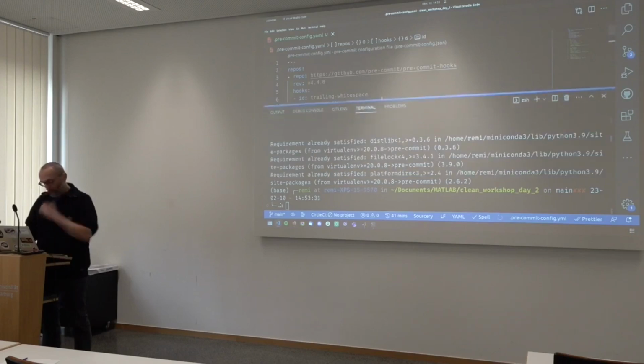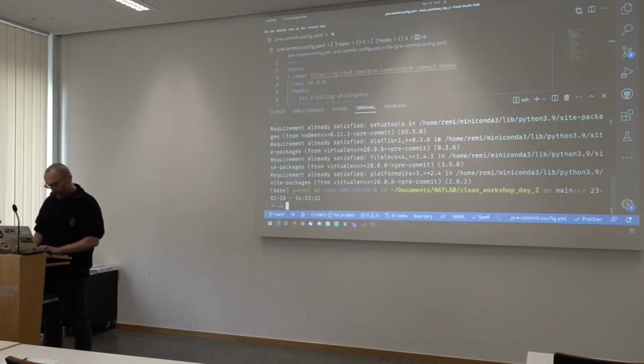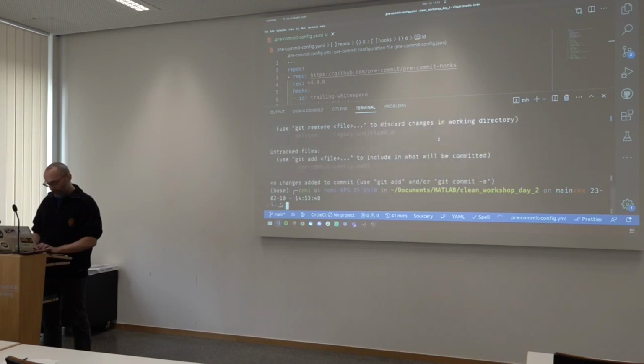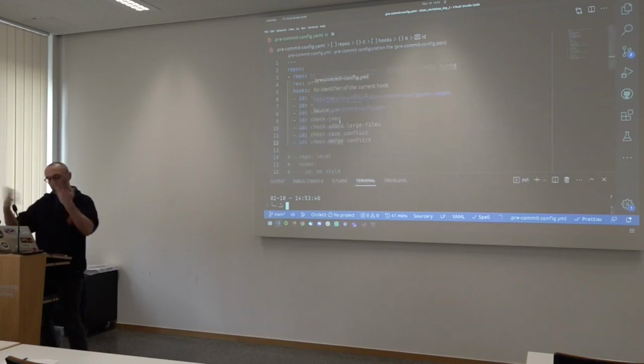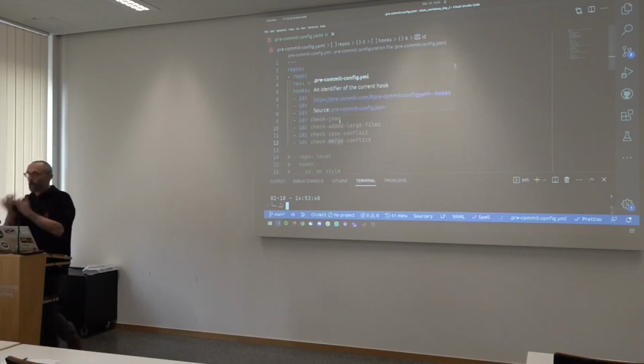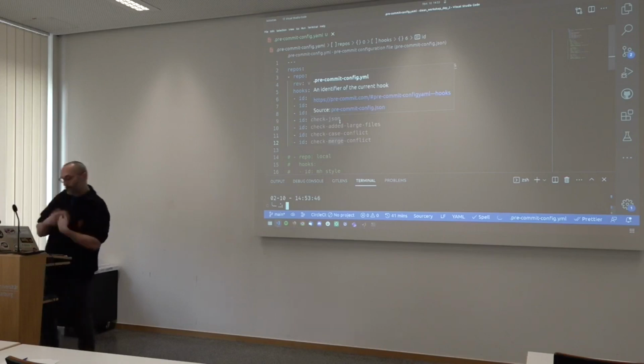So how it would work: at this point I don't have any uncommitted file. Oh, yes, I do. I have one. Oh no, I deleted one file as well. These are the rules that you want pre-commit to apply on your code regularly.